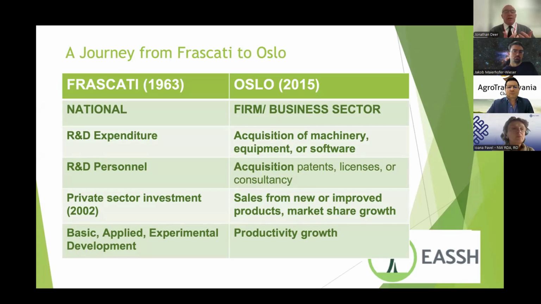Through the 1950s into the 1960s, this was really based just on lots of input measures about how much money countries spent on research and innovation expenditure through their research councils or their funding programs,